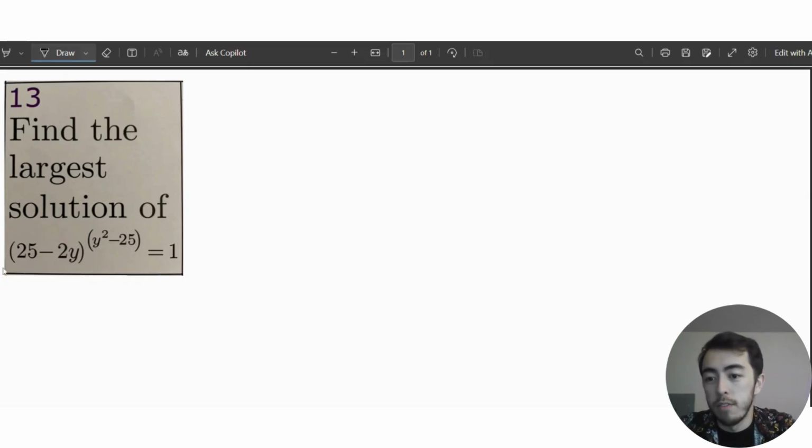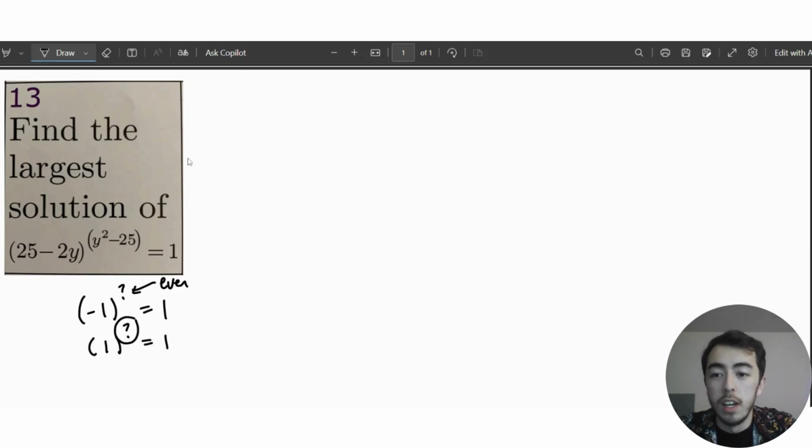So I see that I have some base to some power equals 1. And as far as the real numbers go, basically I could have -1 to some power equals 1. That's possible. This would just have to be even. Or I could have 1 to some power equals 1, and this could be pretty much anything. So that's what I'll try first. Maybe I could get a -1 or a 1 out of the base, and I'll see what happens to the